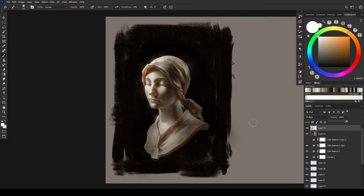Alright, and then we will, well, I guess we need to bring it in here, don't we? Because we have that, actually, we have that warm light passing through, so we need to show that there's strong light behind it. Okay, so